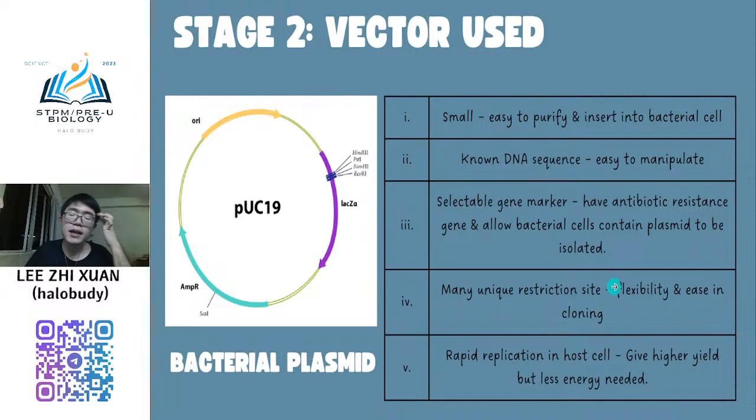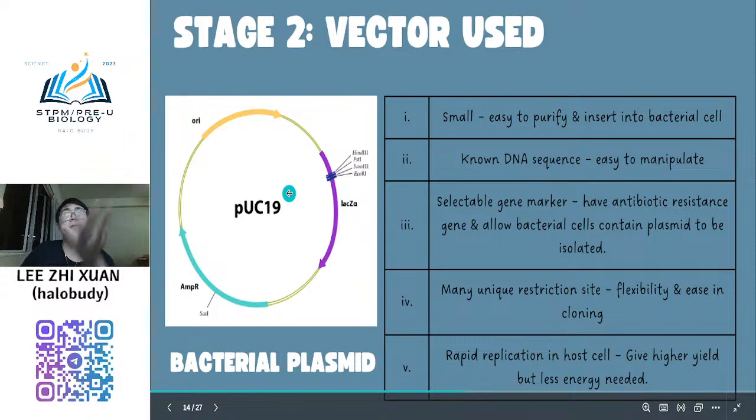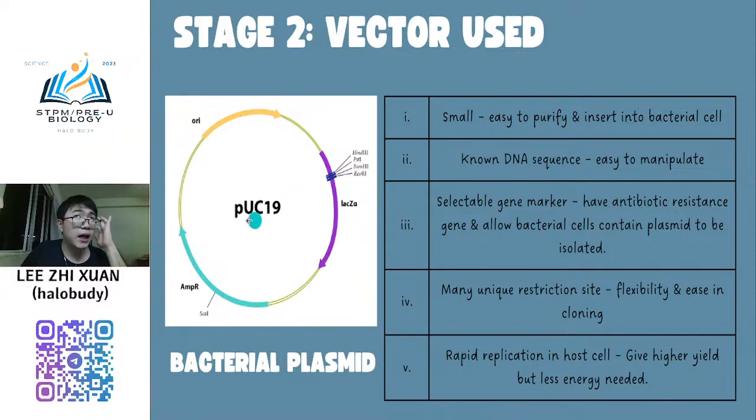So there are many restriction sites. It is very flexible and easy for encoding. You don't need to worry. If this plasmid did not contain any restriction site, it could not be used. But actually, there are many unique restriction sites. When you use that restriction enzyme, you don't need to worry that it will cut at other places. It only cuts in that part.